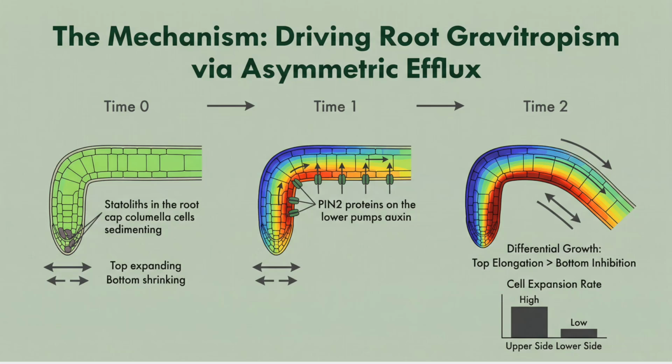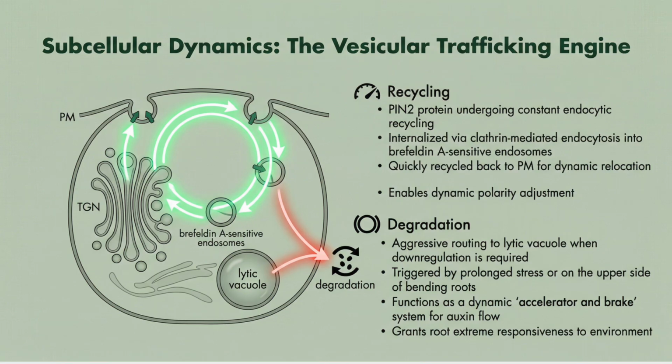Statoliths in the root tip sense tilt. PIN2 becomes enriched on the lower side and pumps auxin asymmetrically, and that shifted auxin gradient slows growth on the lower flank, while the upper side elongates more, producing a bend that reorients the root toward gravity in a coordinated cellular response. At the subcellular level, this slide shows the vesicular trafficking engine that powers PIN2 dynamics, with endocytosis into